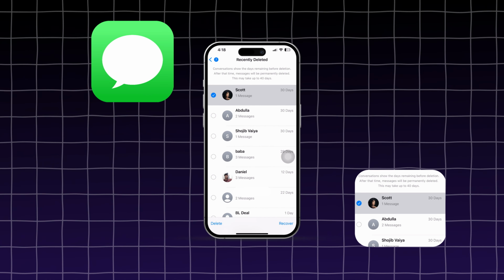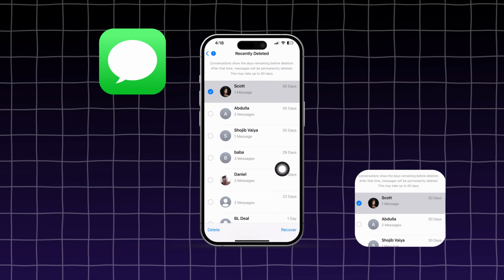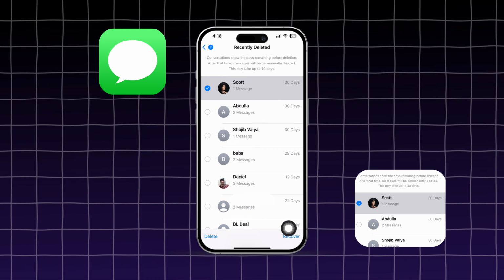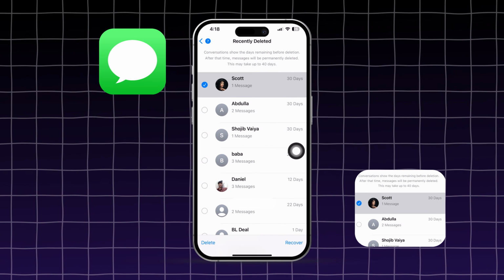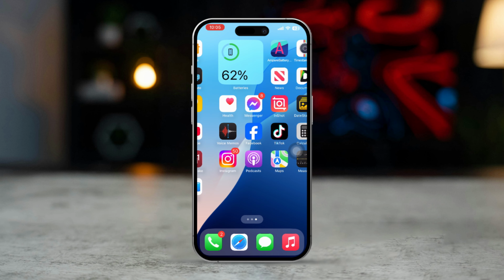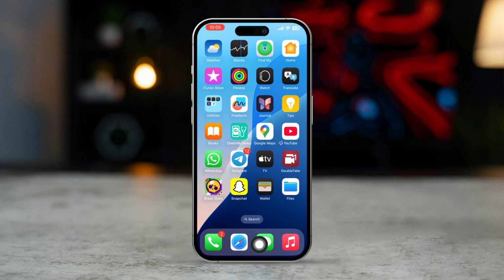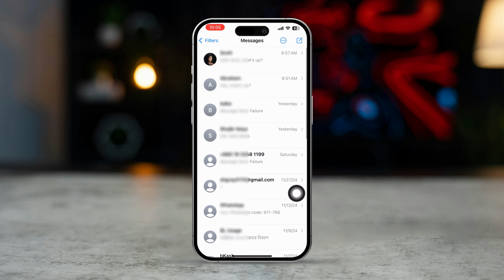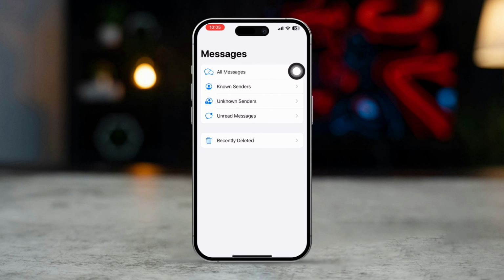If you've accidentally deleted message conversations on your iPhone, don't worry, I've got some solutions that might help you recover them. Whether you have a backup or not, there are a few methods you can try to get your messages back. Here's how. Open the Messages app, tap Edit or Filter in the top left corner, look at bottom, tap